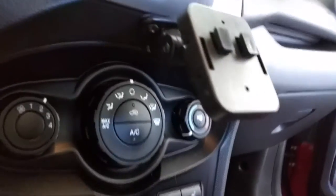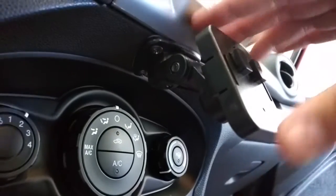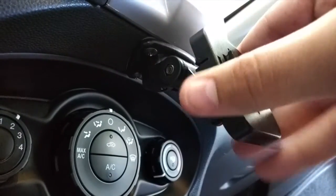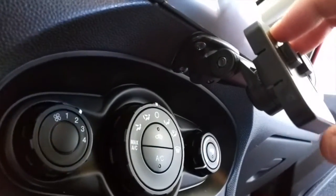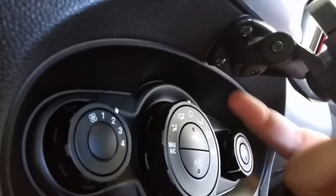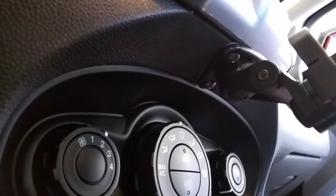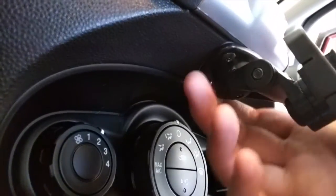It's a great setup. Now this mount's completely adjustable, so it will tilt up and down like this. It'll actually spin all the way around. I went ahead and tightened up everything, so I don't want to move it. But you can see down here on the bottom, I have it screwed into the dashboard. So not only is it stuck in there with that 3M tape, but it's also screwed into the dashboard, so